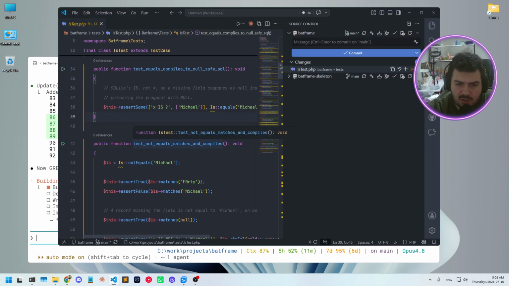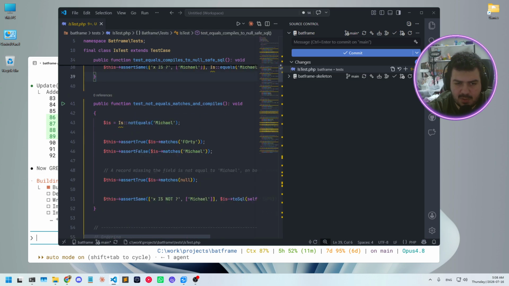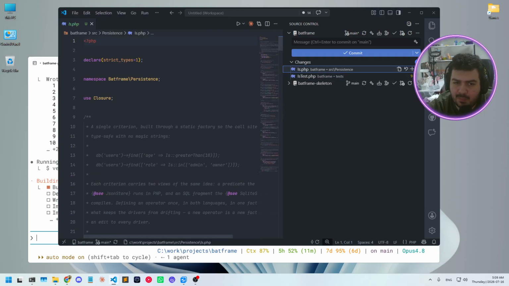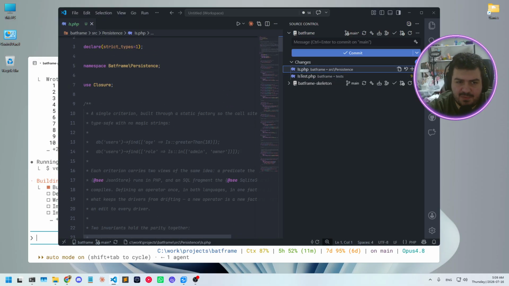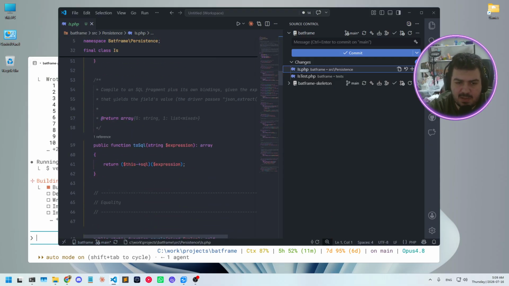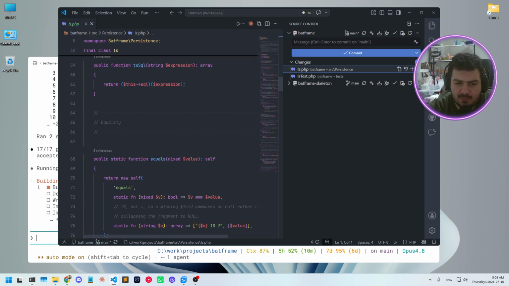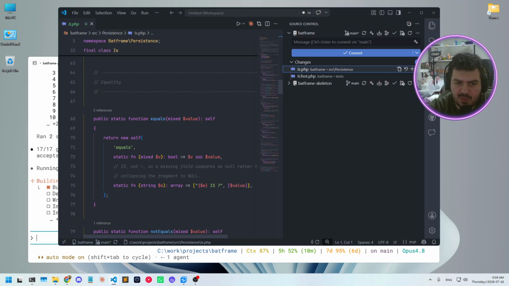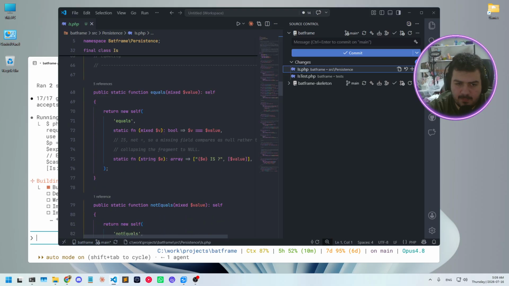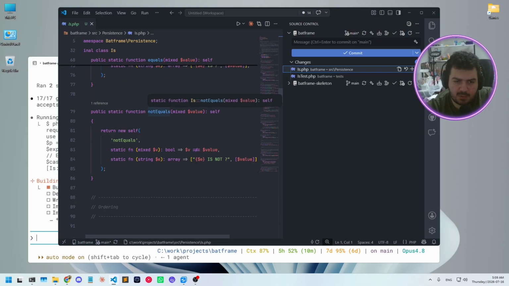That looks good. Test not equals matches is not equals. Not equals, I don't like that. I think not equal. Well, anyway, let's see. This is the PHP itself, so we're using closure. Final is, so matches to SQL equals, is not equals, so a missing field compares as null rather than collapsing the fragment to null. So not equals,